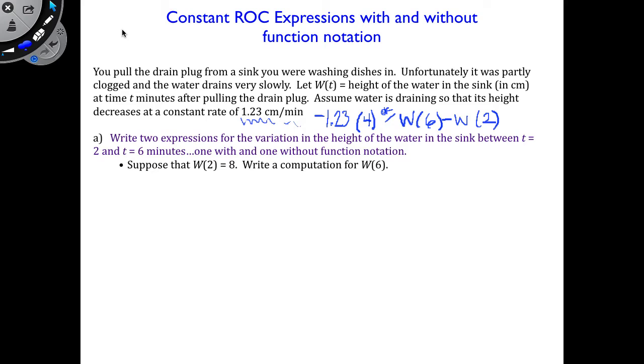If I want to write a computation for W of 6, instead of talking about how much the water drops during the period, I want to know, well, so what is the new height? We're looking for Y final here. Y initial is 8. The height of the water is 8. And then it drops by a ways to get something at time 6. So without using function notation for how much the water drops, because that would be a little bit confusing, if I wanted to figure out what W of 6 is,